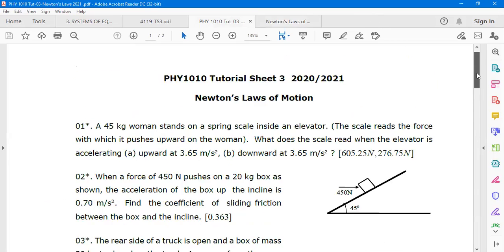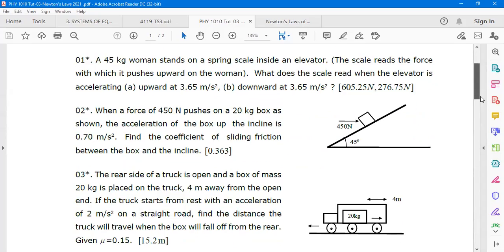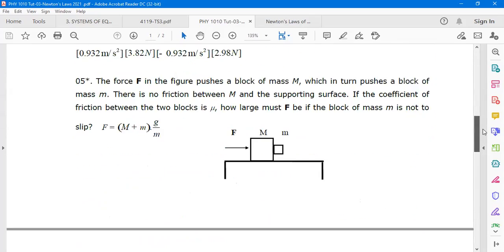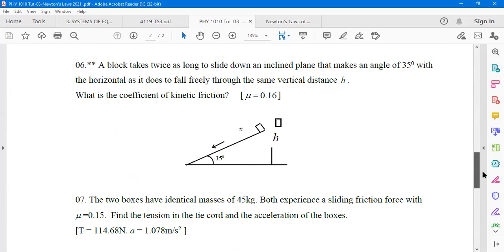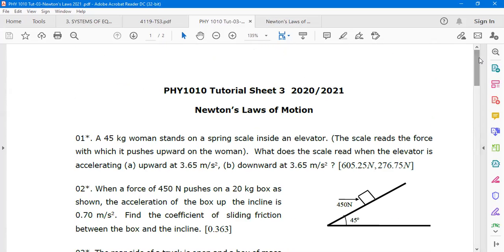Okay. Can somebody confirm that this is tutorial sheet 3 for Physics 1010? Hello. Yes, I did. Okay, thank you very much. So I'm going to tackle question 1 first, or is it anyone's concern that we check out any other question? Okay, my concern